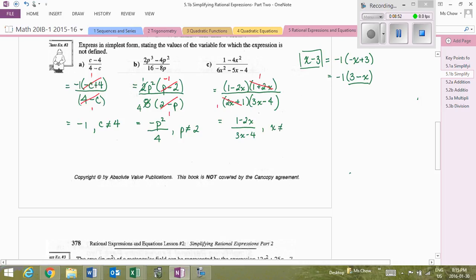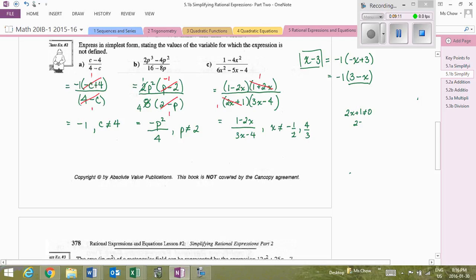And if you can't tell from here that it is -1/2 and 4/3, remember, you can always go to the side and say, well, 2x plus 1 cannot equal 0,